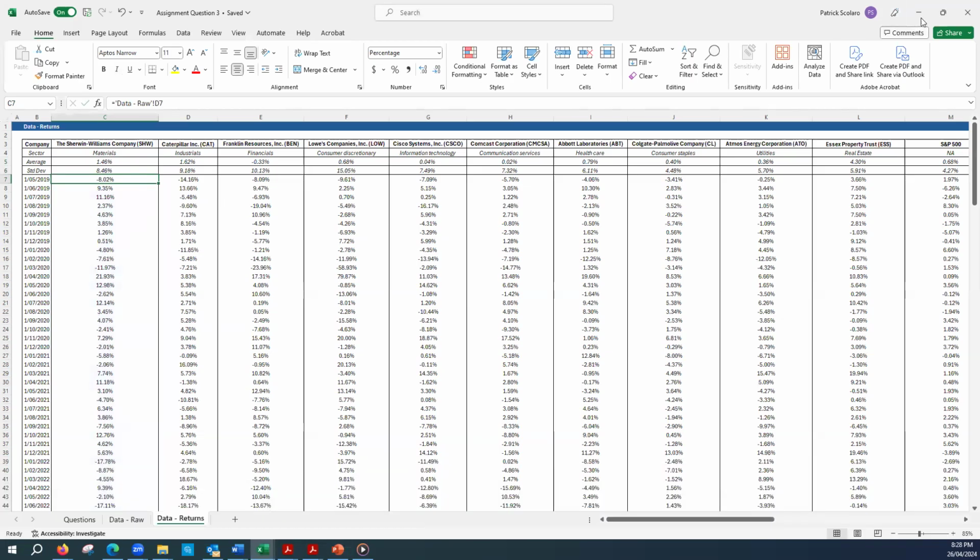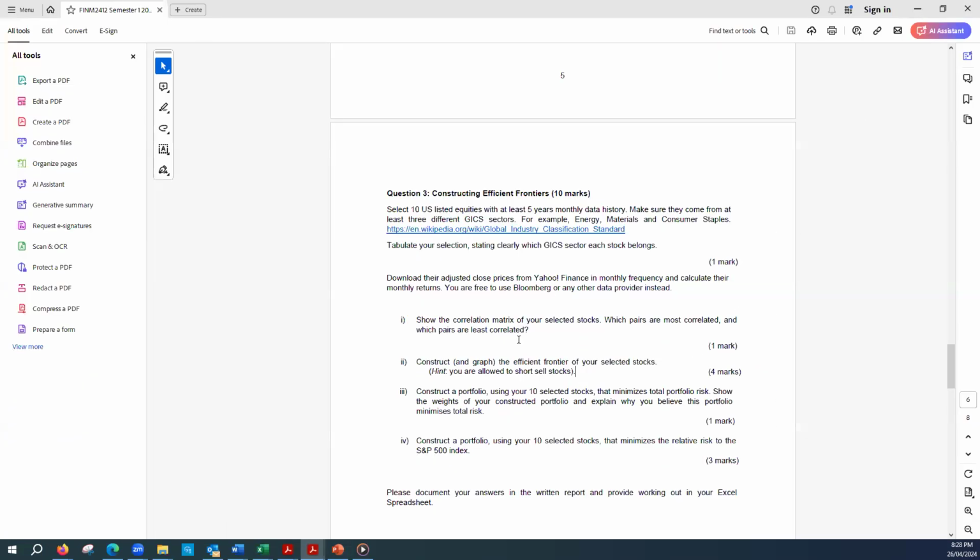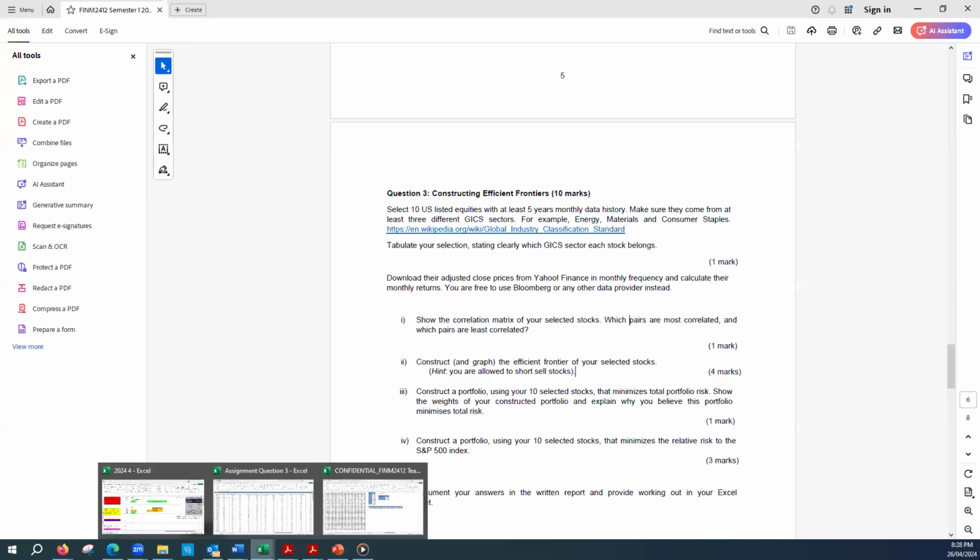And then we're also representing the standard deviation. Going back to the assignment, for question 1 here, we need to show the correlation matrix of our selected stocks, and then using that correlation matrix, which pairs are most correlated and which pairs are least correlated. So going back to our Excel file,